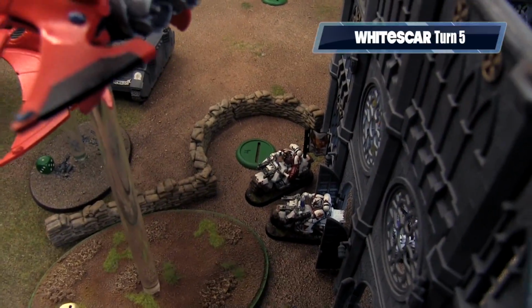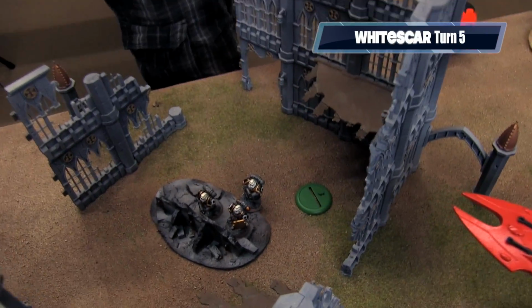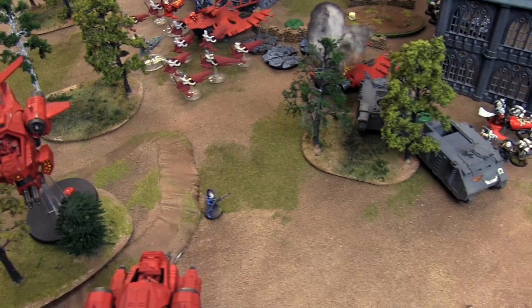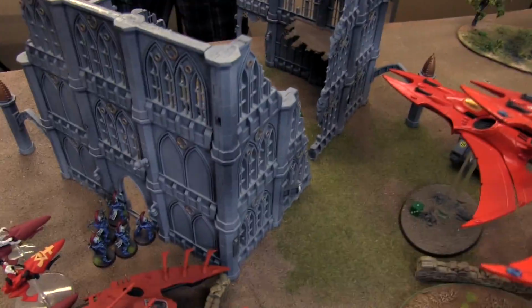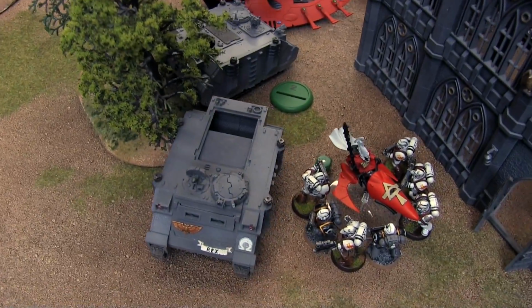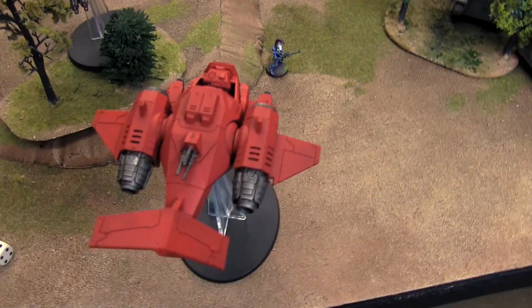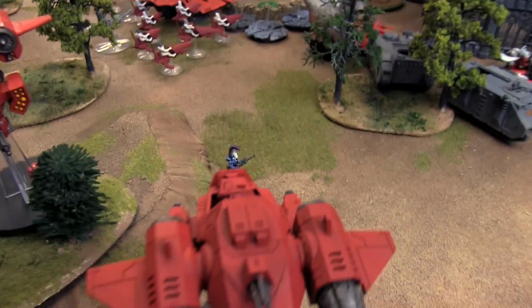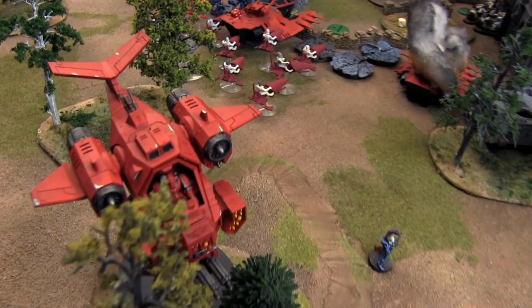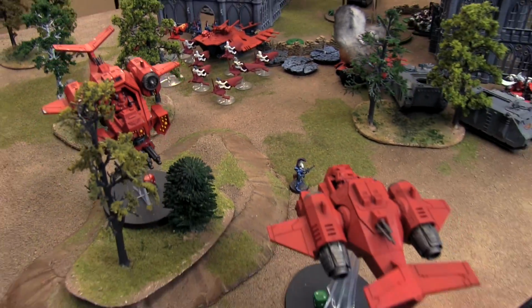Not terribly effective. White Scars turn 5. Marines get closer to the objectives. Game could possibly end. And so Rhino moving around, trying to create a wall. Storm Talon here goes into skimmer mode and targets that Wave Serpent, and he targets the Wave Serpent as well, so both Storm Talons...